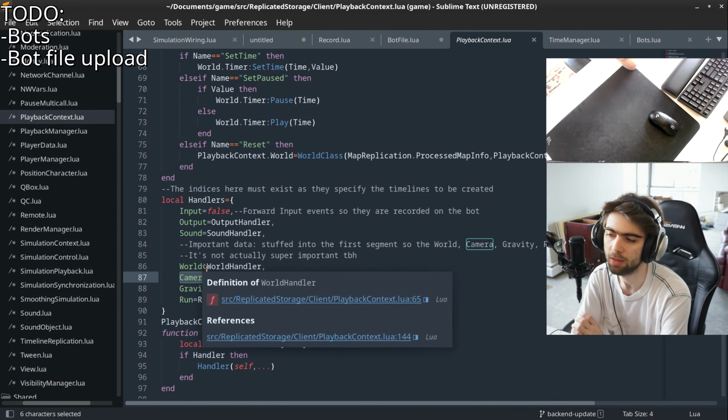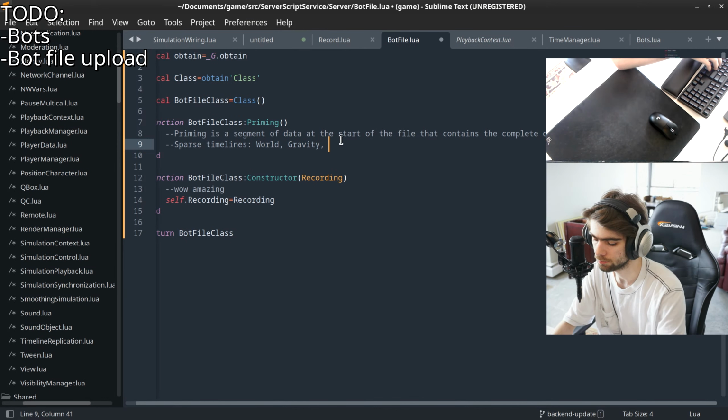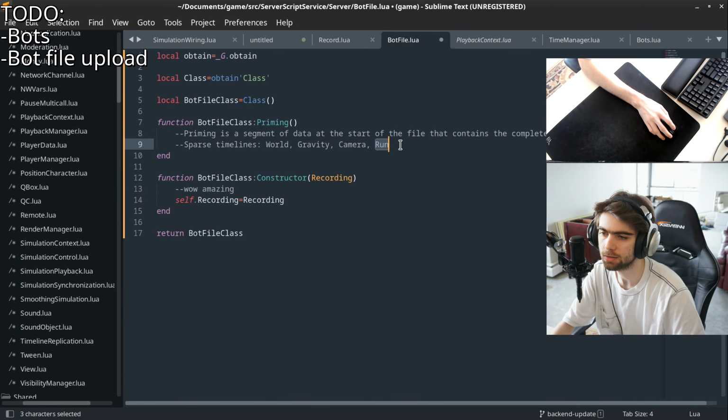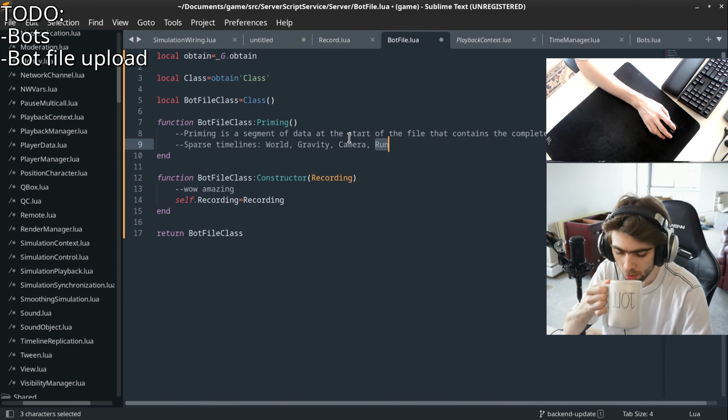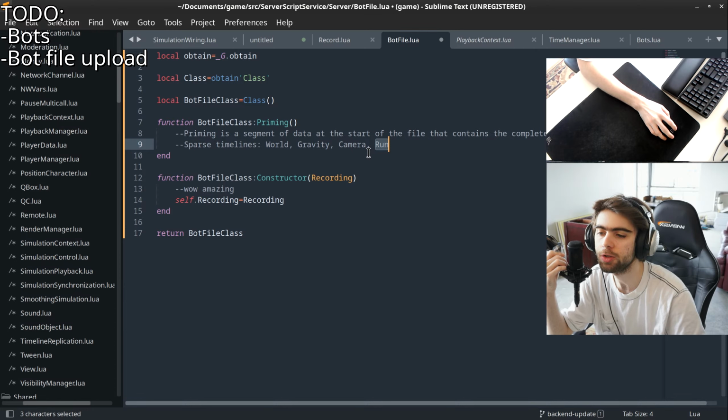Camera doesn't matter that much. Important. But it's like the run events are at the start and the end. I might actually want to filter run events by